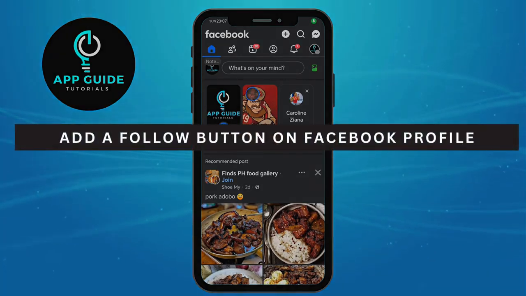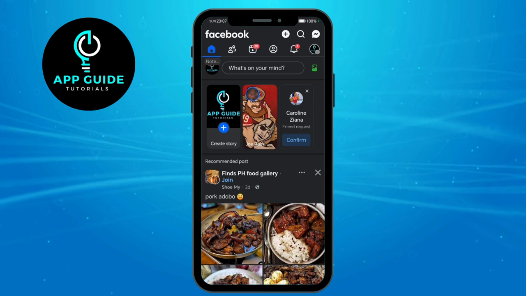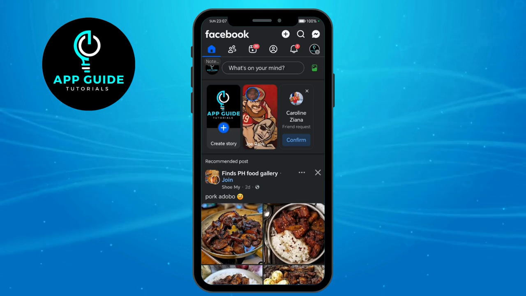How to add follow button on Facebook profile. Now, the very first thing we're going to do if we want to add a follow button so people can follow us on our Facebook account is to tap on this main menu button right here on the upper part